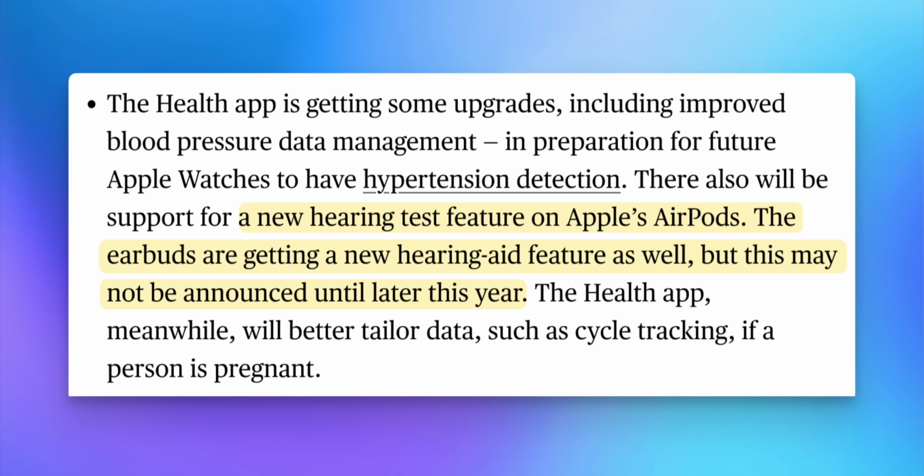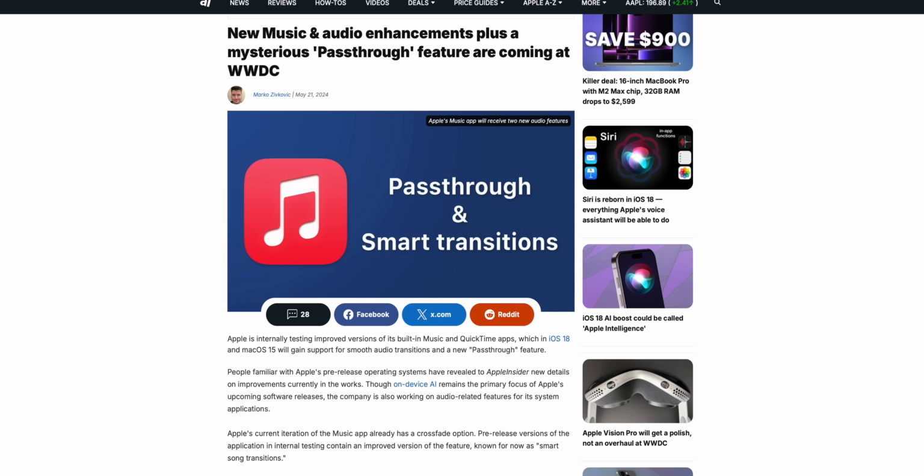The AirPods are going to get a new hearing aid feature and also a hearing test feature, though this may not be announced at this event. Gurman says this might be coming later on in the year, but that's going to be big if you have the AirPods. The Apple Music application is going to have auto-generated playlists that are created by AI,